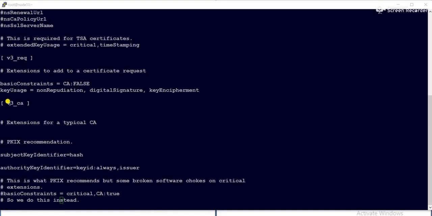Guys, this is my v3_ca section in the openssl.conf file.